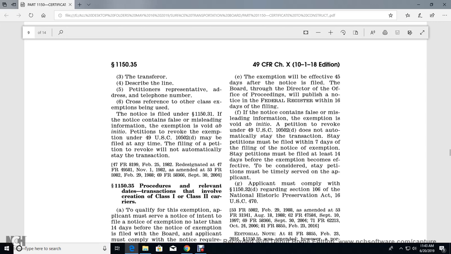Standard Code 1052(d) does not automatically stay the transaction. A stay petition must be filed within 7 days of the filing of the notice of exemption, and must be filed 14 days before the exemption becomes effective to be considered. The stay petition must be timely served on the applicant, and the applicant must comply with 1150.32(d)